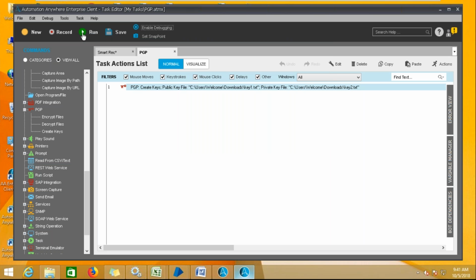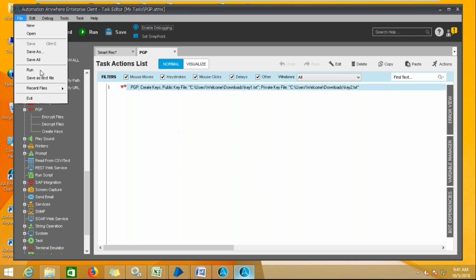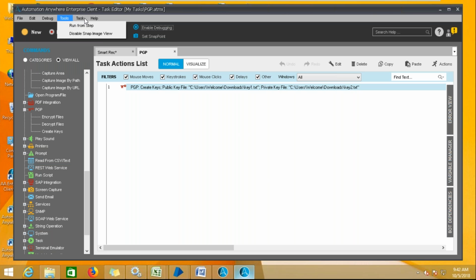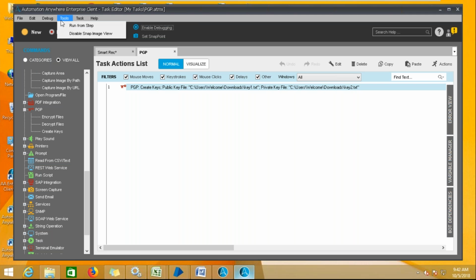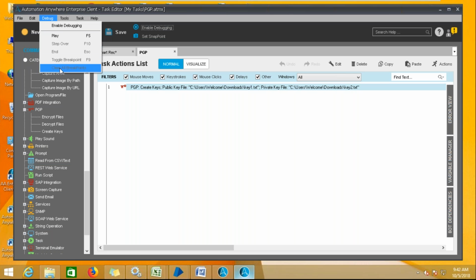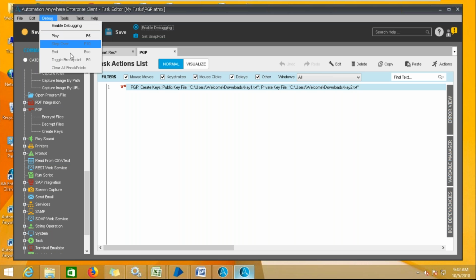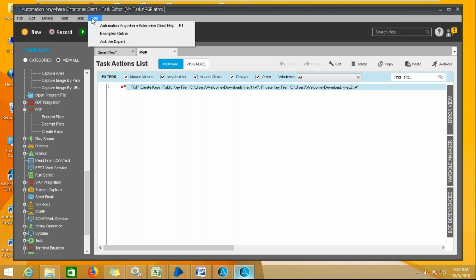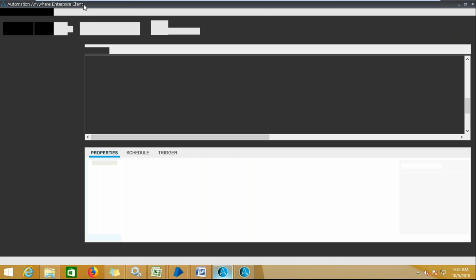Whenever you install Automation Anywhere, you get a key. Okay, for reference, your session has expired. Or I can log in. Here you will find the option. It's not showing here. Go to this. You will find the option to relog.